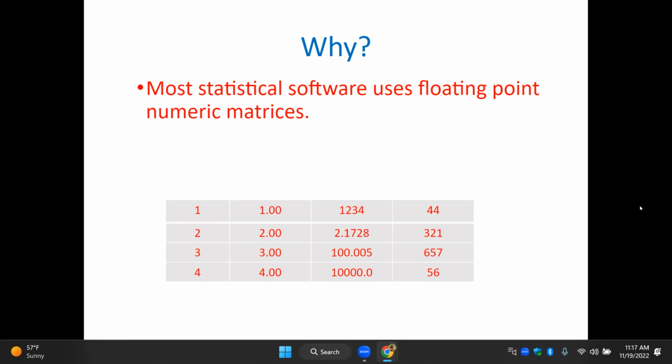So the why on this little project. I use statistical software packages, commercial, and most of them only use floating point in numerical matrices. The most they will do is let you do some decimal point formatting, but it's an XY grid of floating point, and that's all you get. Occasionally, some of them will